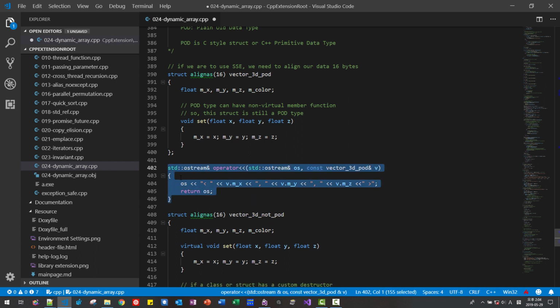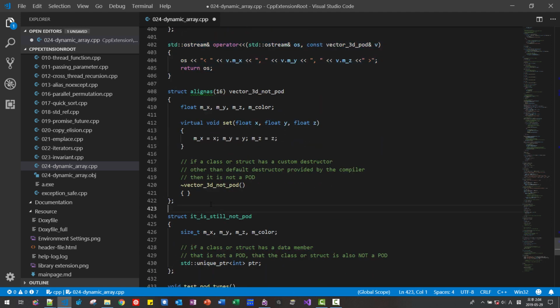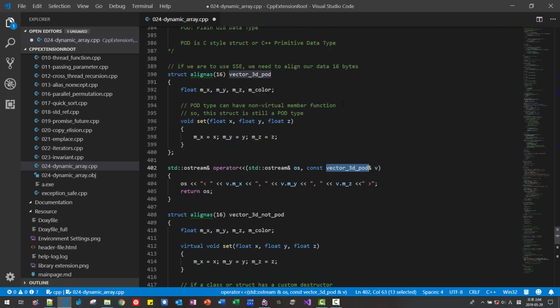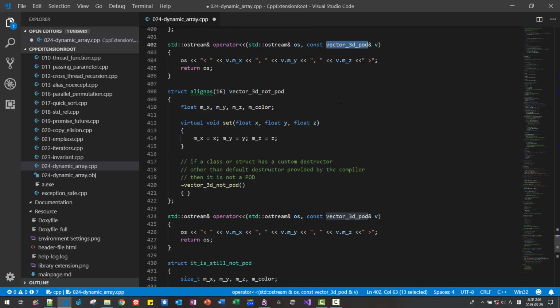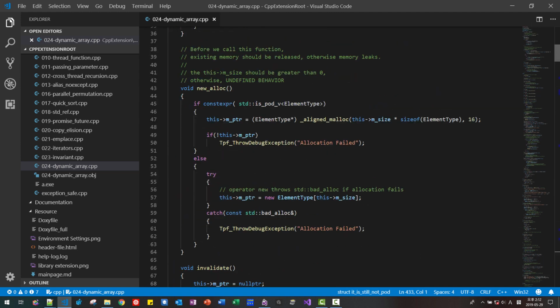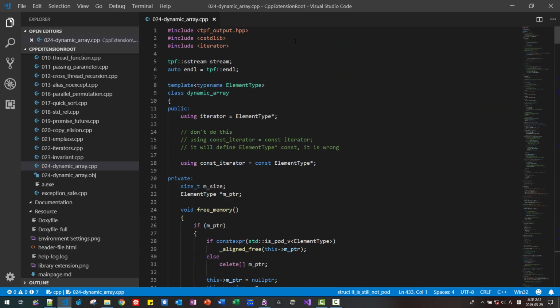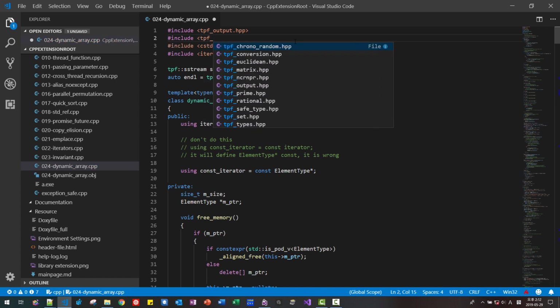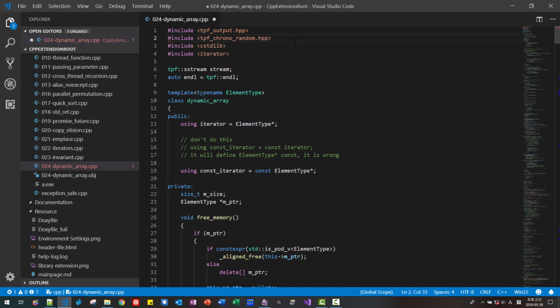I will copy it once again and paste it here. I copy it, paste it here. Okay, we defined the operator. We need to include chrono random here. Include talkplayfun chrono_random.hpp,